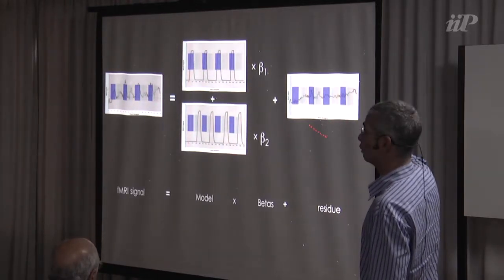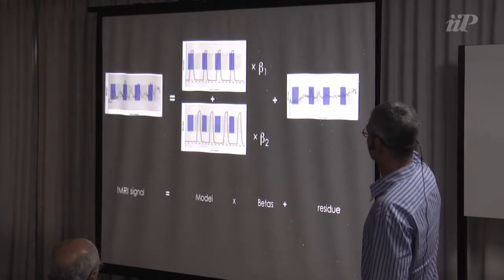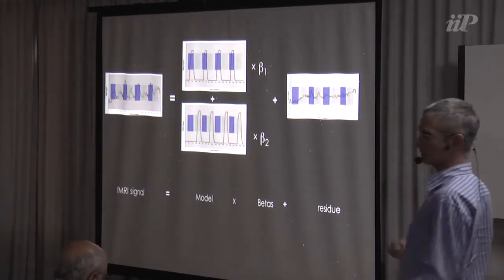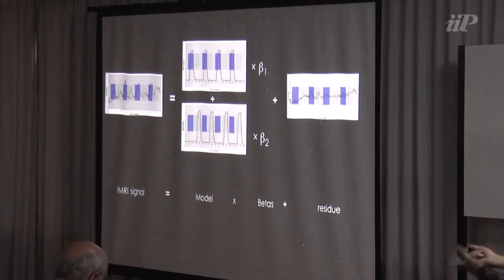If we only have noise, then our models won't be able to adjust the amplitude. So the statistical significance of these models is based on the amplitude of the general linear model, based on the amplitude of your inputs. If your amplitudes are small compared to the noise, then it's not a good model for that region, meaning that most of what you have is noise, and then this is not statistically significant.